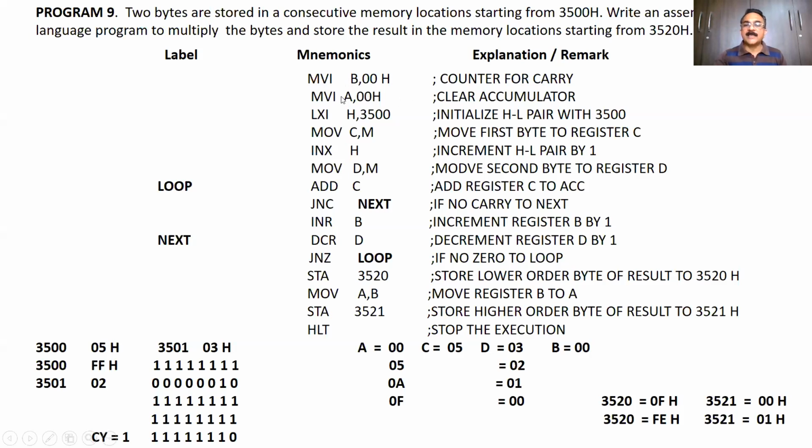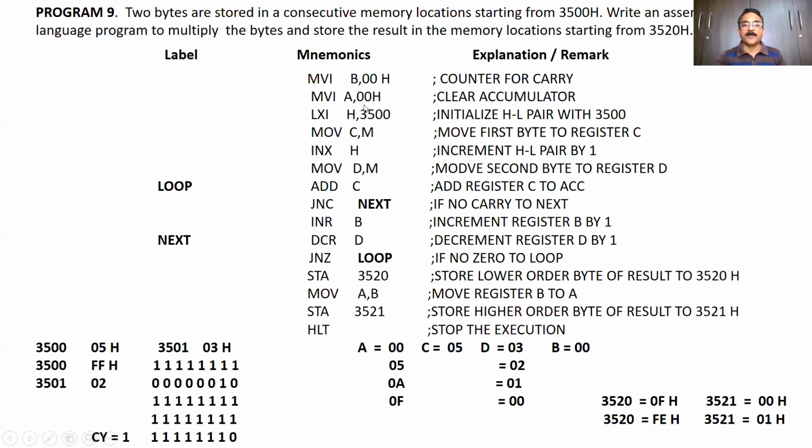Why? Initializing accumulator to 00 means what? We can also call it as clear the accumulator. We are making the contents of accumulator 00. So MVI A, 00 means move 00 to accumulator. Now why do we move 00 to the accumulator? Because accumulator is always holding some random data. And if we don't clear it, then when you add the first byte to that, the byte will be added to whatever data is stored in it, and you will get a wrong result. So to avoid that, we first make the contents of accumulator 00.